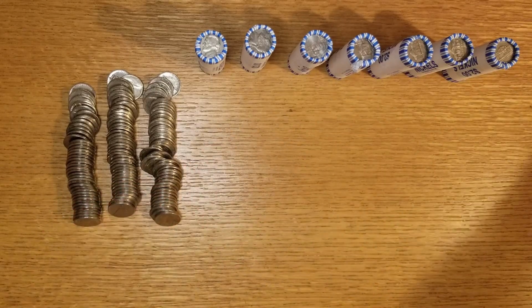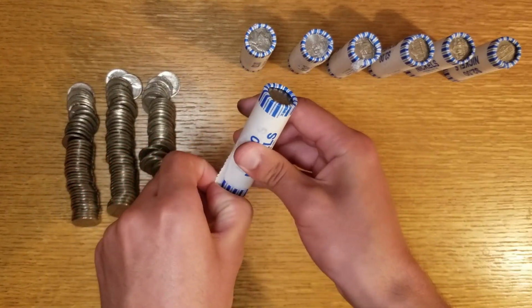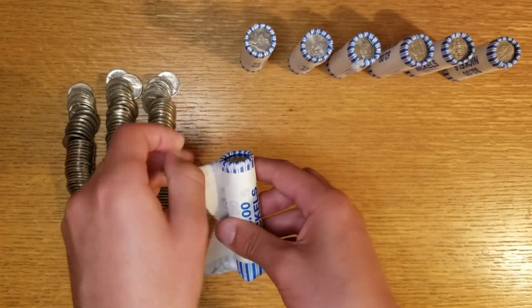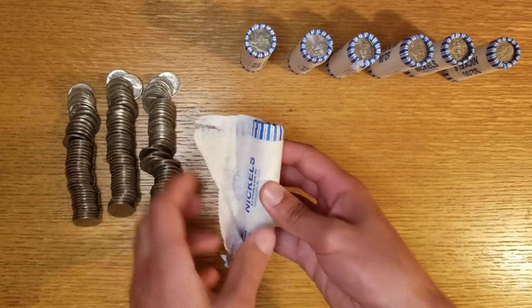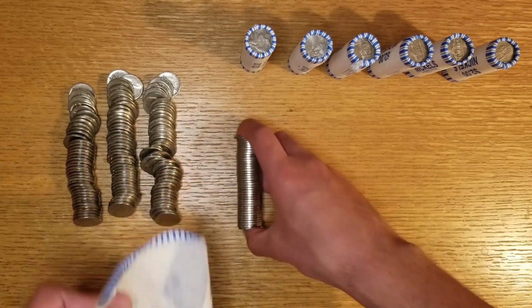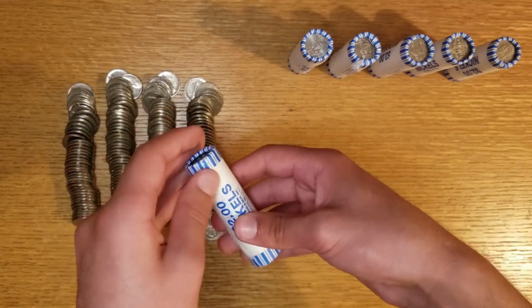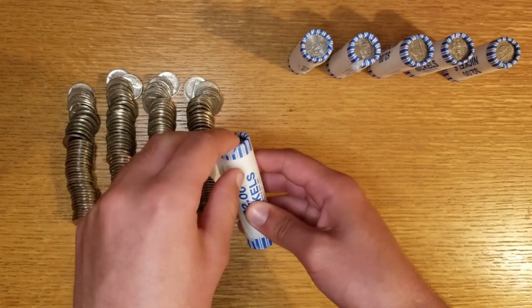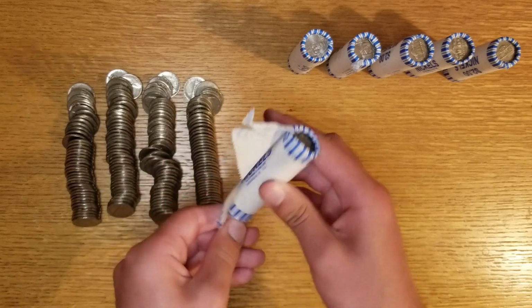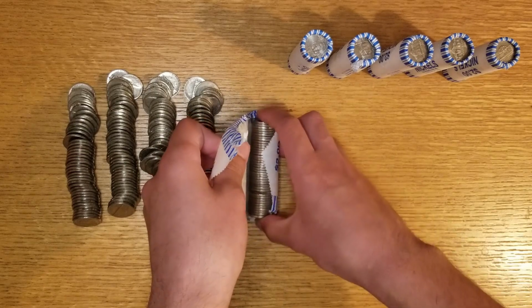And of course, I might not see it first shot, but it's always worth looking at the edges, I feel like, and then you can get a sense for what you're finding in these rolls. Other things that we look for that aren't necessarily edge hunting, I guess one thing that we search for in edge hunts as well is proofs. I've never found a proof, but they have thicker edges than normal nickels, and so they would be easier to spot when edge hunting. But other things that I look for, I'll be setting aside anything that's pre-1962